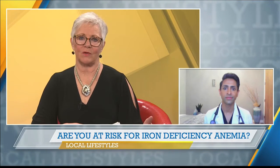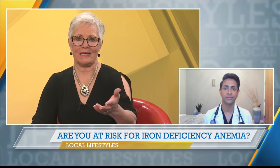So I'm going to guess here that we might be experiencing a specific set of symptoms. What are some of those symptoms that would alert us that we need this test? Common symptoms associated with iron deficiency anemia include generalized fatigue or weakness, shortness of breath with activity, pale skin, dry mouth, or dizziness. But it's important to note that many patients can have iron deficiency anemia and not have any symptoms at all,